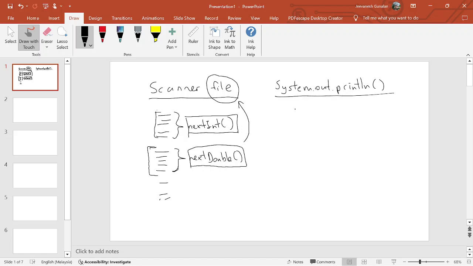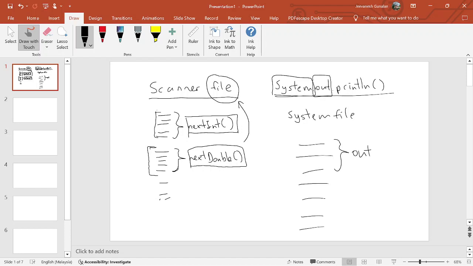So this system is actually a file. In this system file, there's a lot of code, and one part of it is called out. So you go into the file and ask it to execute this out part only. To execute the code,